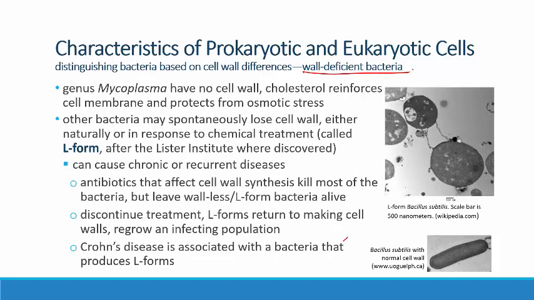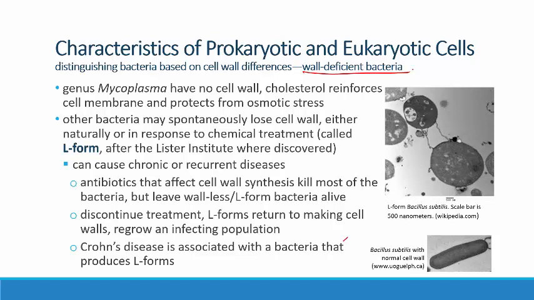So if the bacterium will naturally form wall-less L-form bacteria, then when we give a person, say, penicillin to treat the disease, it'll kill off the bacteria that happen to have a cell wall, but it will leave the wall-less L-form bacteria alive. And in general, there are usually fewer L forms than there are regular walled bacteria, and so you can even believe that you have treated the disease and it's been successful,